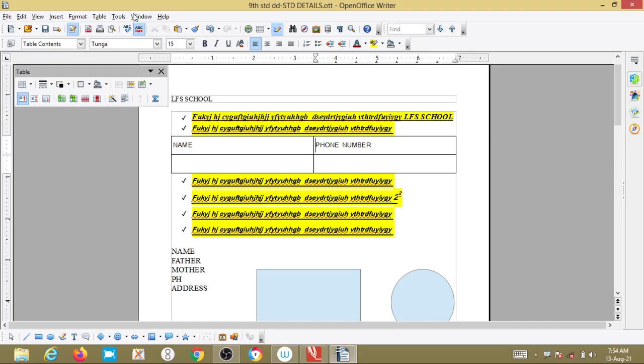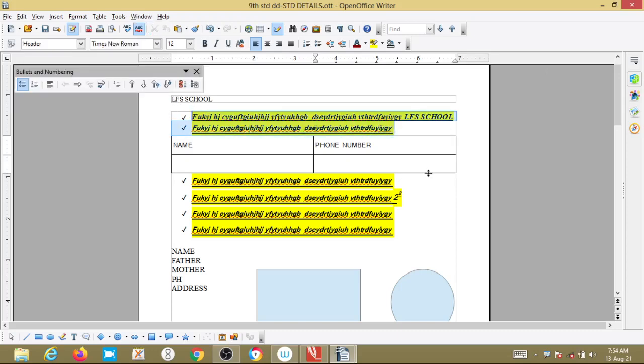Then, selecting the text: we can click on the text and drag using the mouse, or use a shortcut. By pressing at a particular place and holding the Shift button, if you press the left arrow it goes towards your left side, and if you press the right arrow it moves rightward, to select.